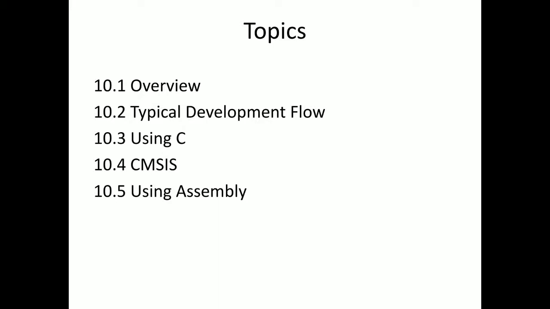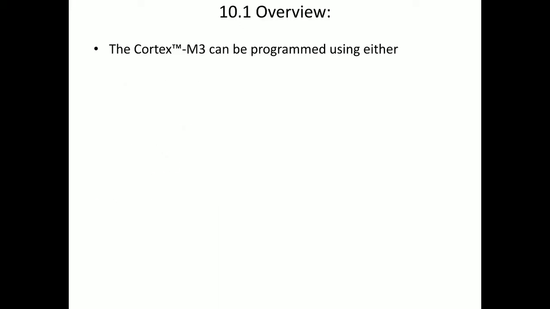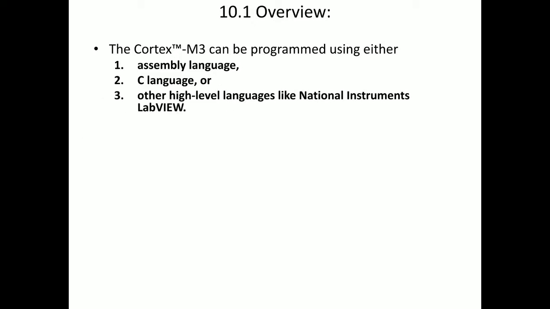The overview says the Cortex M3 can be programmed using either C language or assembly language. Assembly language means not any other assembly language, only the ARM Cortex M3 assembly language. The instructions they use will be based on the ARM Cortex M3 only. And the C language is the general purpose C language. How this general purpose programming language can be used to develop the embedded system with the ARM Cortex M3 will be dealt with in this class, not in depth, only at the overview stage, in brief.